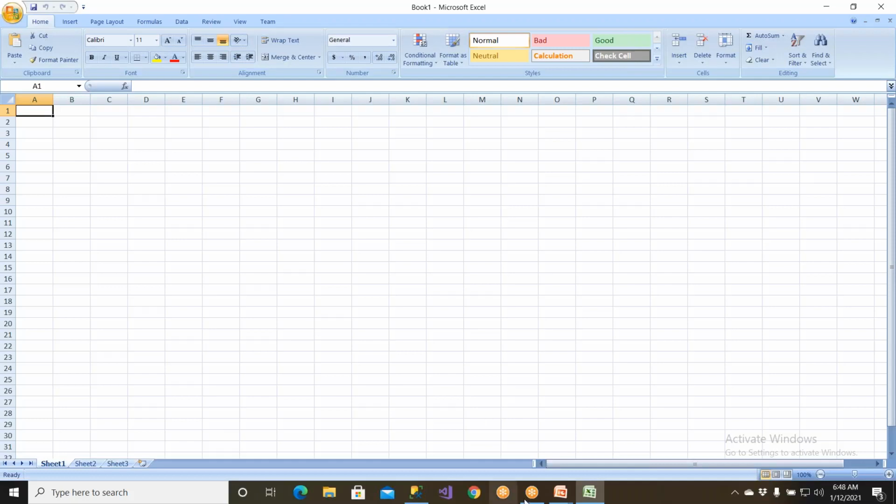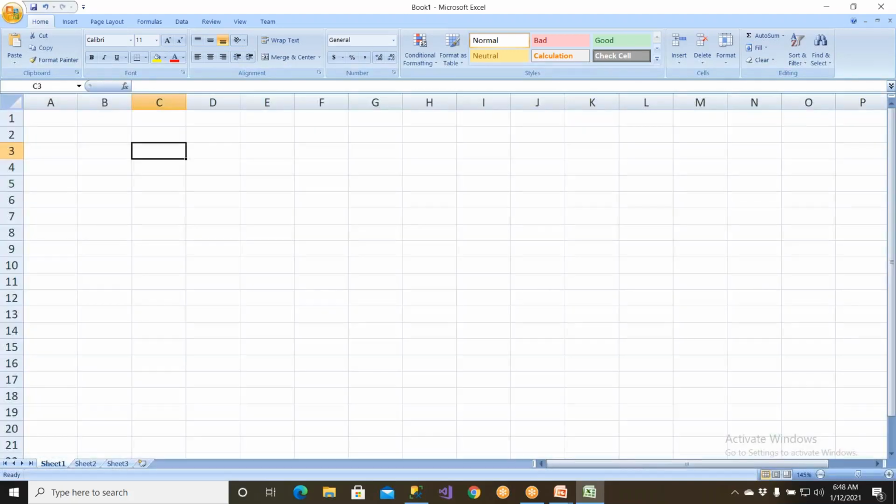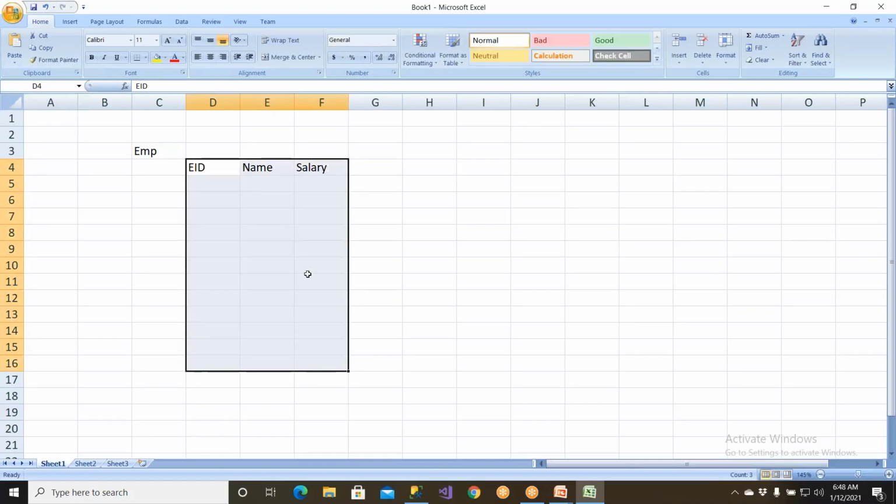Okay, so now what I wanted to understand is, let me give you a table called employee table. The table name is called employee, with columns employee ID, employee name, and employee salary. Okay, so this is my table. I have it,